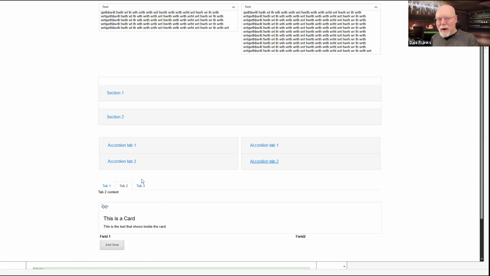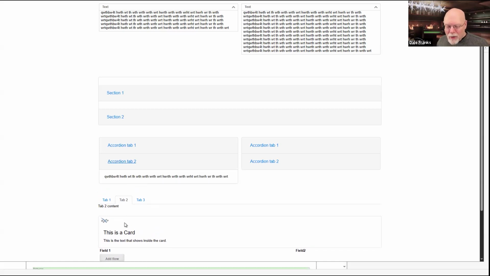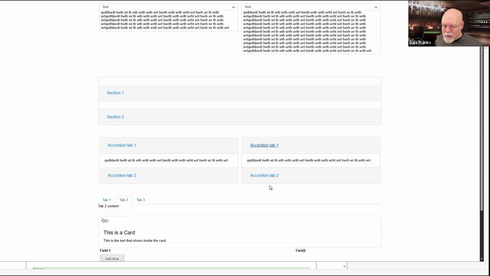I'm pointing at it with my finger, like you can see that. Let's look at the bottom of the form here. Maybe I should highlight it so that you can see it on screen. So look at this. If I open up the accordion tabs, oh, look, the bottom of my form just scrolls down. Now, I have this container here that contains accordion tabs 1 and 2, and this one over here, accordion tabs 1 and 2.